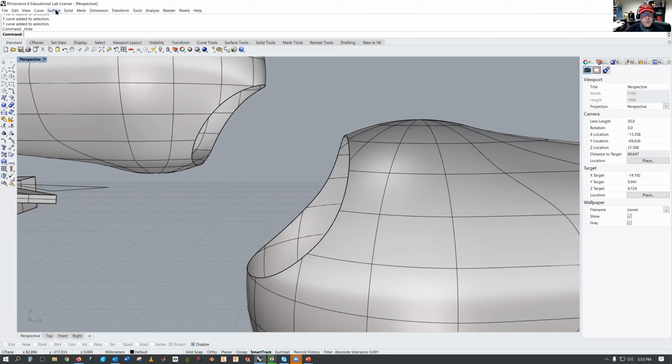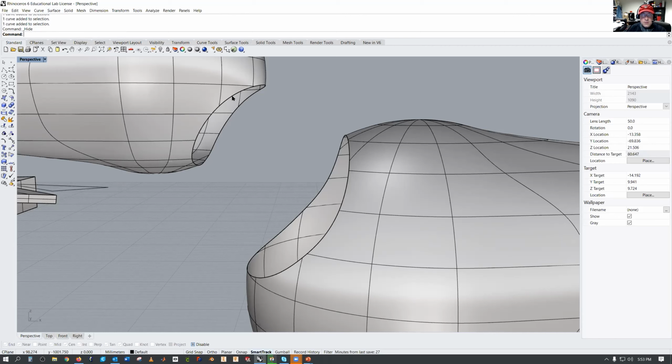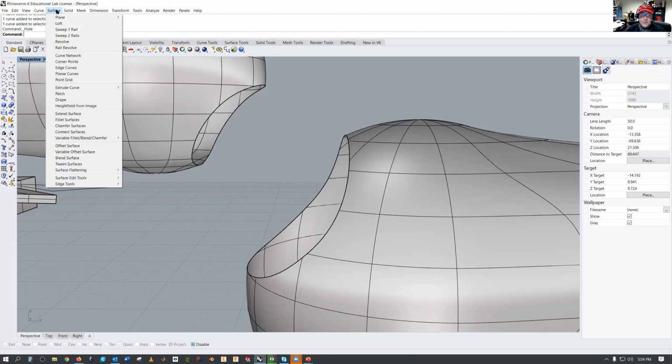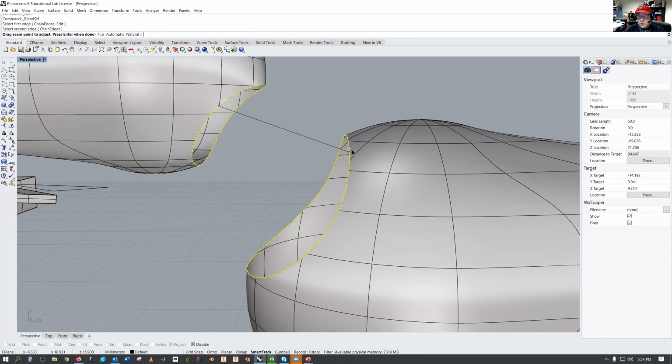So here now what we can do is I have two surfaces now. Since they're spheres, they're technically surfaces, but they're usually closed, and so that would make them a solid. Now we've made them unsolid, right? So we've made them open poly surfaces. So now we can go surface, blend surface, and we want to select one edge, and then we can select the other edge and make sure that these arrows are going the right direction. They need to be both going in the same direction, basically. So now I can hit enter,